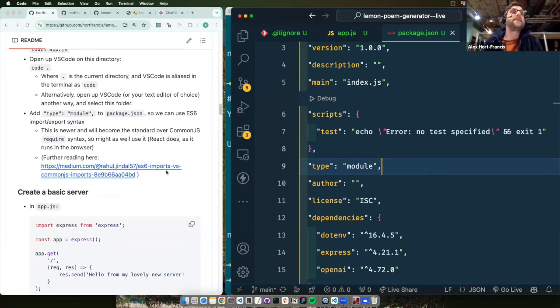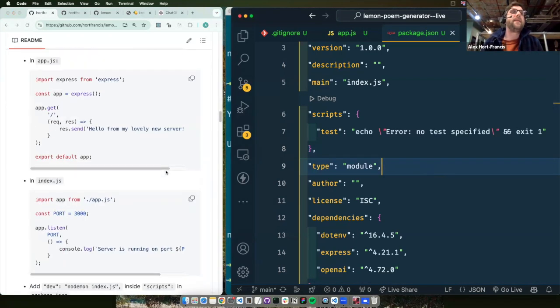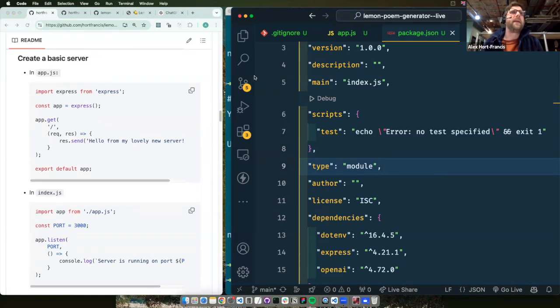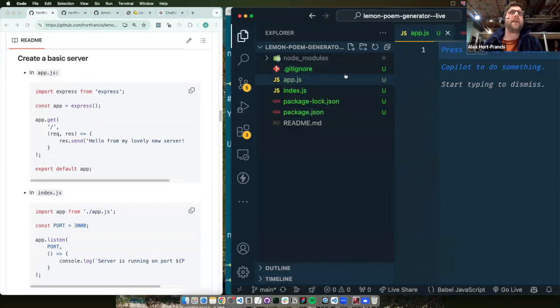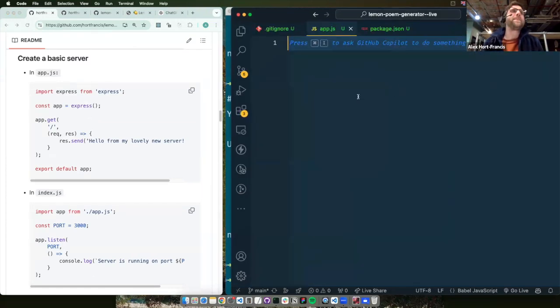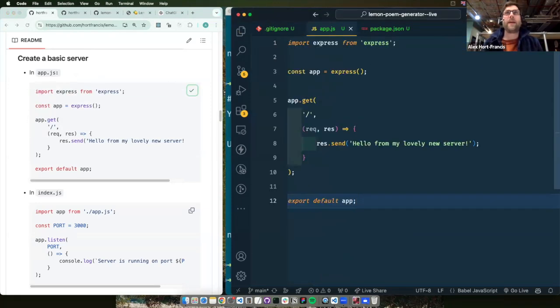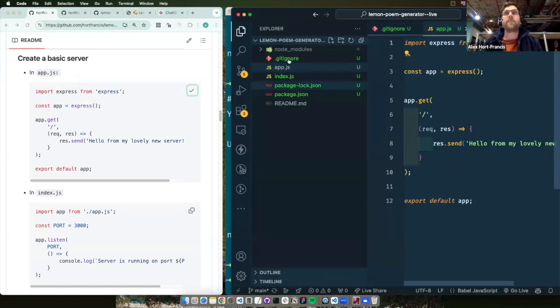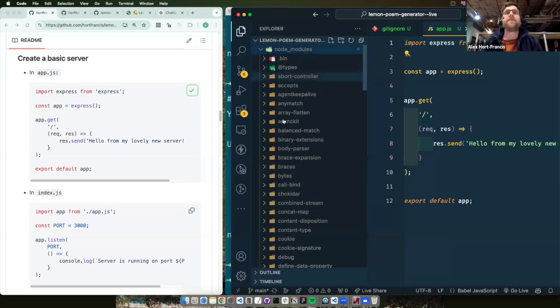So let's make our basic server in app.js. Here comes copy and paste time. Again, there are no secrets here, it's all here. We're going to make a very basic server. So what have we got here? We've got import express from express. So the express module, which happens to live inside